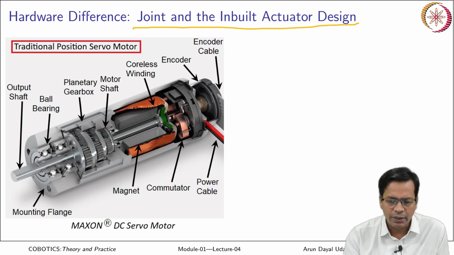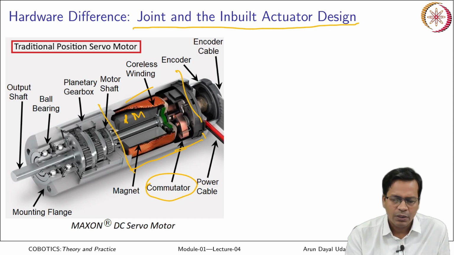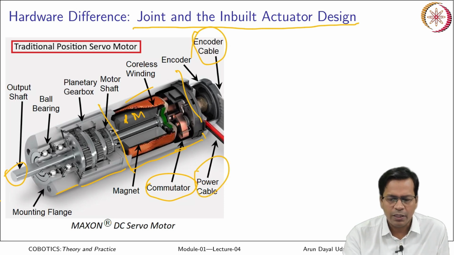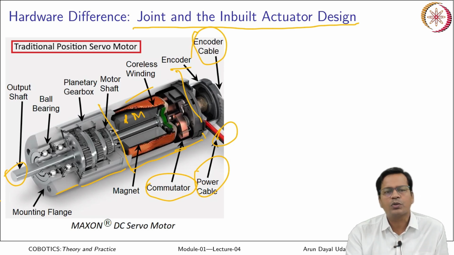The motor shown here is a DC motor, and it shows a commutator also, so it is a winding motor with permanent magnets here. So this is a permanent magnet DC motor with a commutator. This is the motor part of it, this is the gearbox, these are bearings and the output shaft. At the rear part of it, it has an encoder, and a power cable. Essentially it gives the feedback of joint angles through the encoder, so only position is taken into account. What else you can read is the current that flows through this actuator.